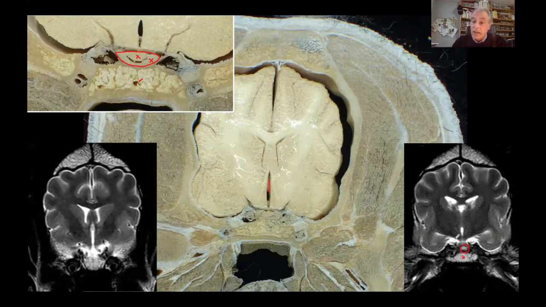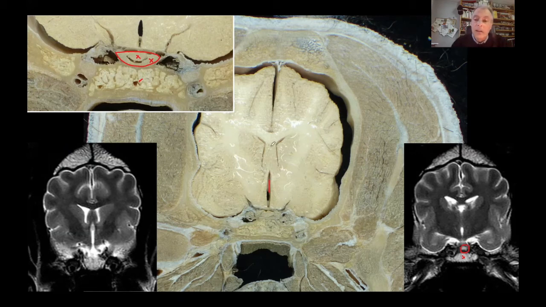Identify this is a T2 sequence, a HASTE sequence. So we see the hyperintense signal, that is the CSF, but surrounding the hypophysis, there is no hypointense signal. And this is because the hypophysis is not surrounded by the leptomeninges, so there is no subarachnoid space around it. Okay,